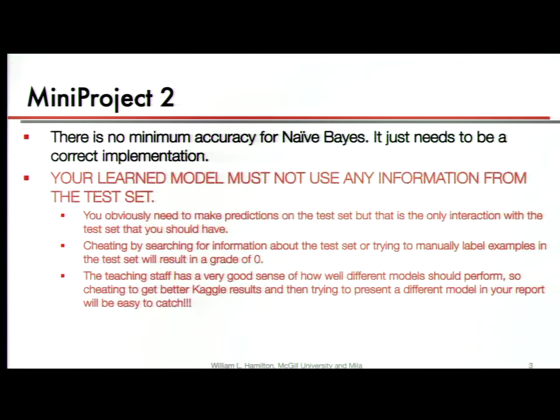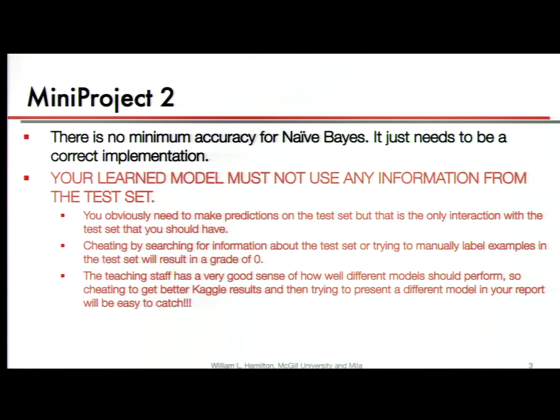Okay. The other clarification point is that there is no minimum accuracy requirement for your naive Bayes model. I've said you should be able to get in the low 80s. And then there are people who are worried about, well, what is the threshold? What's the cutoff here? The threshold is that you have to have a correct implementation of naive Bayes. So if you have a correct implementation, but you're not doing very good text preprocessing, and your model's only getting 75, we're not going to take off points.